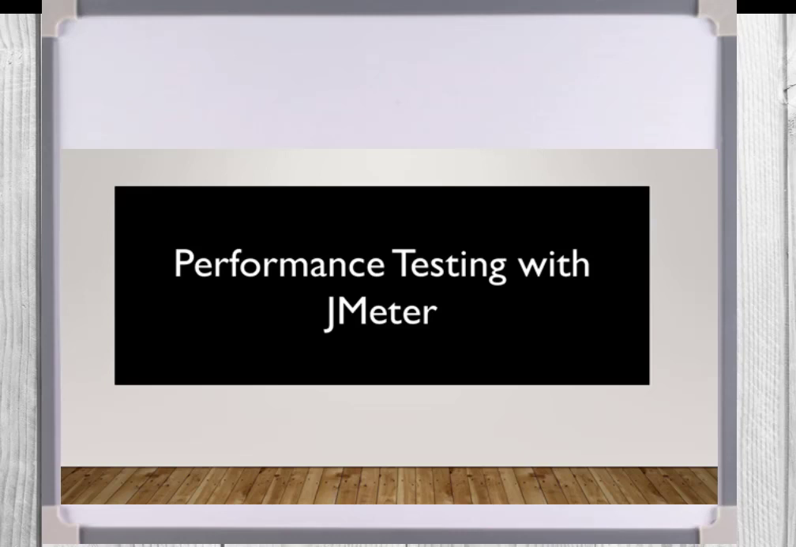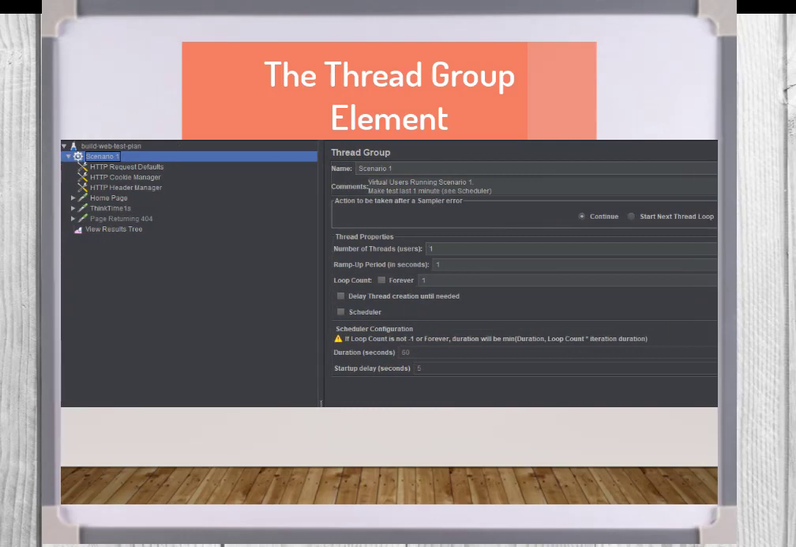Now for thread groups, the thread group elements are essential for any JMeter test plan. Controllers and samplers must be under a thread group. Other elements such as listeners may be placed directly under the test plan, which allows them to apply to all the thread groups. As the name implies, the thread group element controls the number of threads JMeter will use